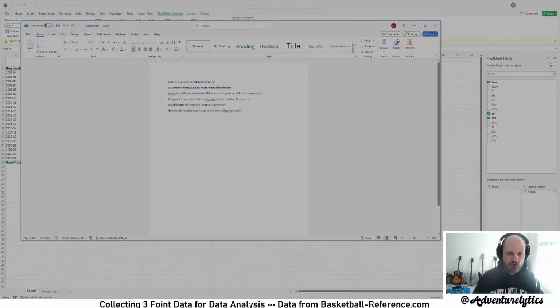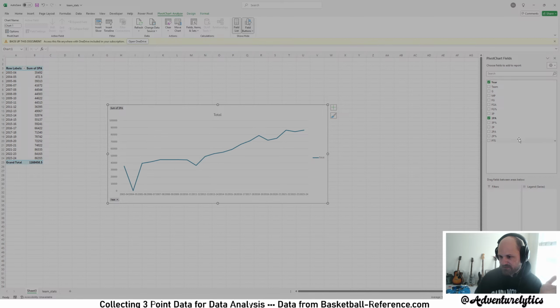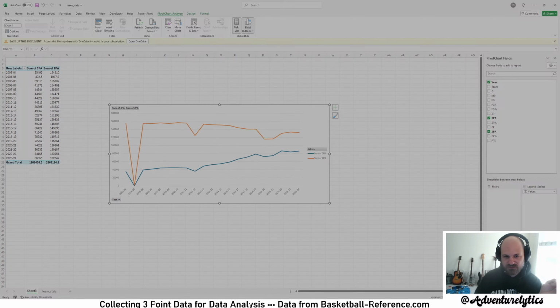So hold on just a second. Sorry. All right, first thing, what's the difference between the 3-point shots attempted and 2-point shots attempted? That's an easy one we can just do right here in pivot tables. So there's the attempted. We want to do 2-point shots attempted. Two-point shots, they're kind of meeting.